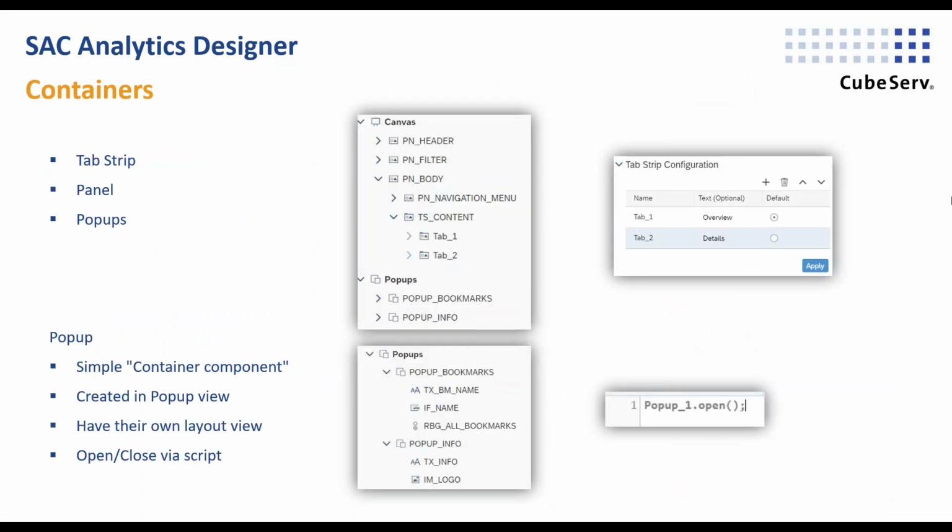The next one is containers. Containers bring the hierarchical structure to the application. In the story, we can create several pages already now, and they will be on the same level of granularity. But it was not yet possible to create complex dashboard structures, for example, to have one page per department and additionally overview and details views per page. Now it is already possible with panels and tab strips in the designer. Pop-up is another special type of the container.